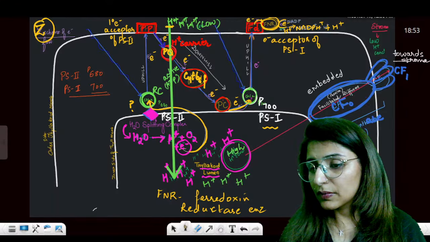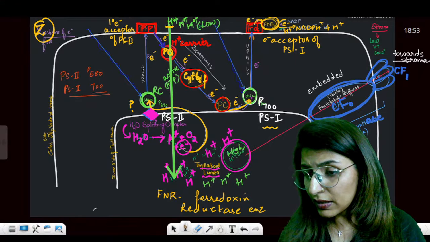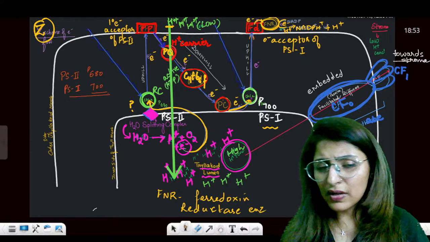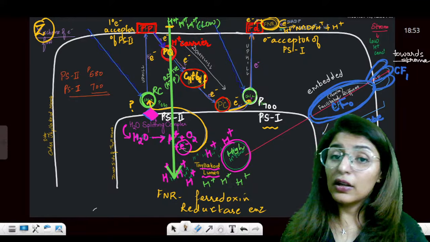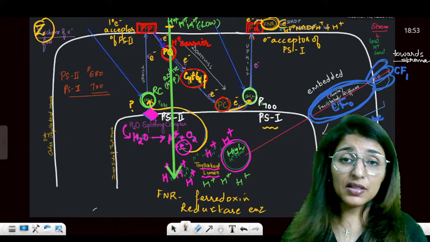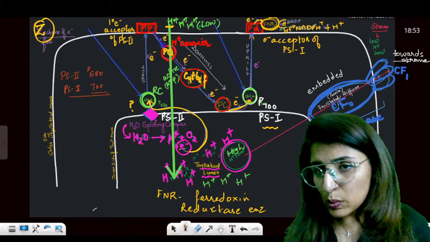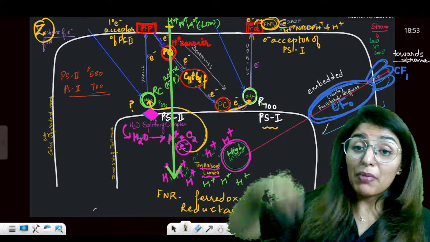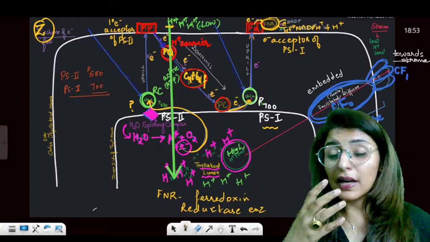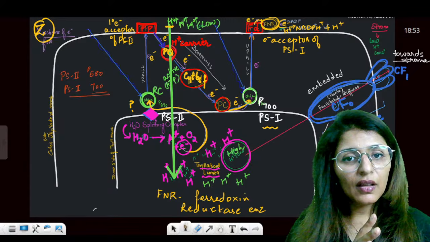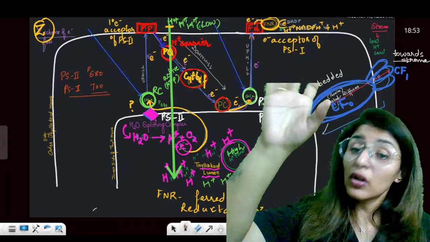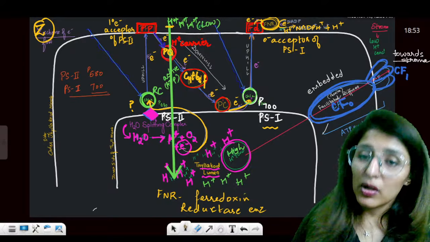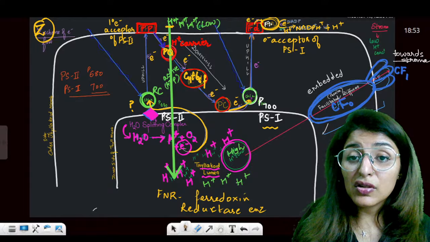Is it the lumen or the membrane that's higher, or is there no difference? See, I told you there is a high concentration of H positive ions in the lumen, and lower on the stromal side. Why is there a high concentration of H positive ions in the lumen? One, because of splitting of water. And second, because of plastoquinone, which is pumping in. We say pump because it is at the expense of ATP, energy. And why is H positive ion concentration low on the stromal side? One, because plastoquinone is pumping it in. And second,